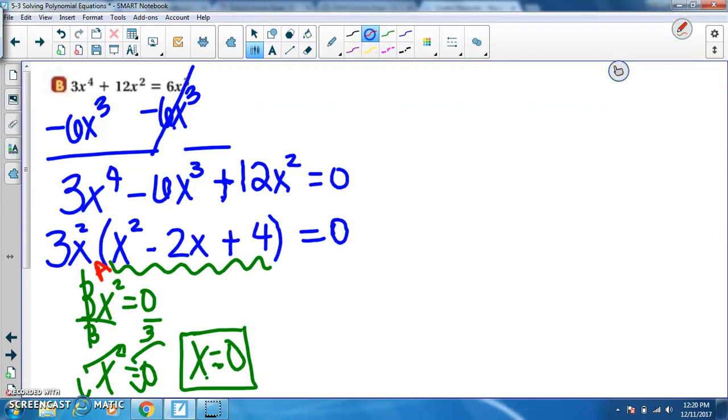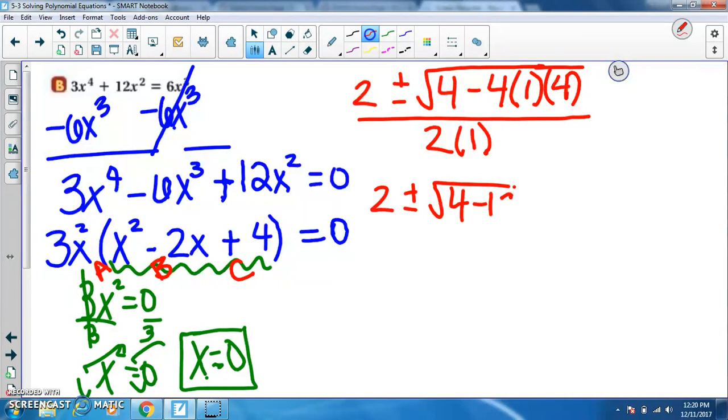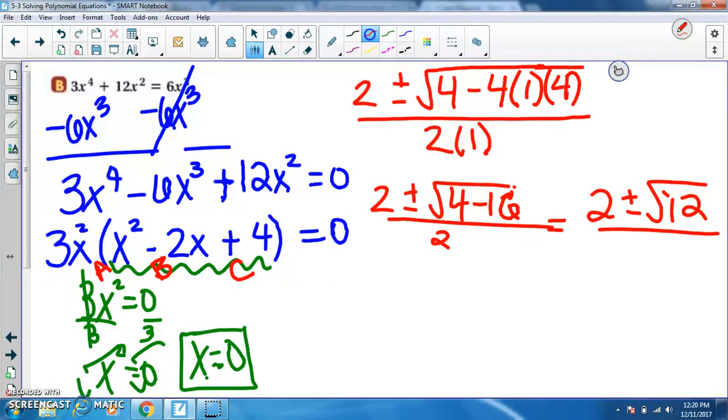I have a is 1, b is negative 2, c is 4, so the opposite of b is 2 plus or minus the square root of negative 2 squared minus 4 times a times c, which is 4, all over 2 times 1. 4 minus 4 times 4 is 4 minus 16. Over 2, which is equal to 2 plus or minus the square root of negative 12,